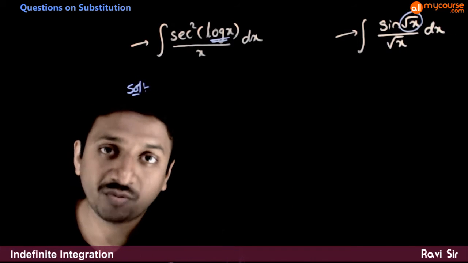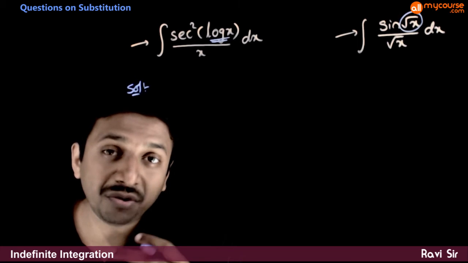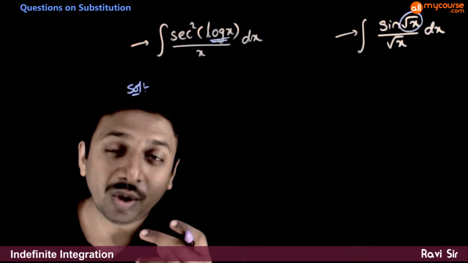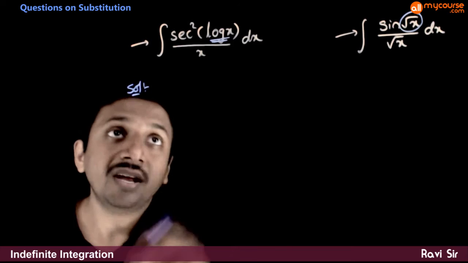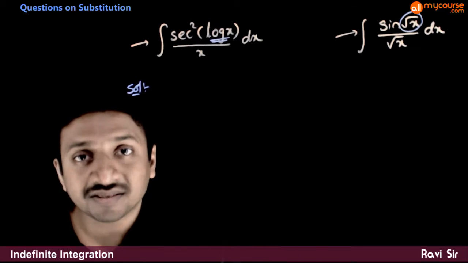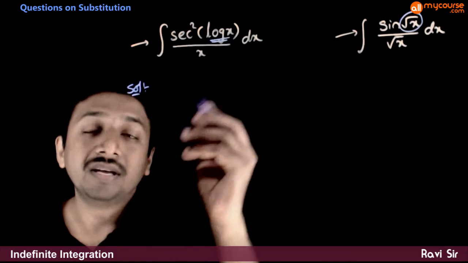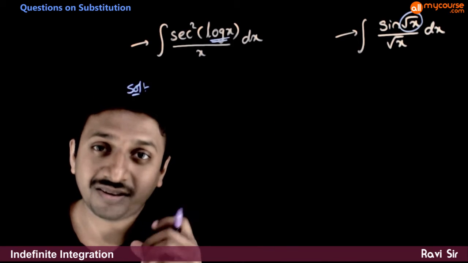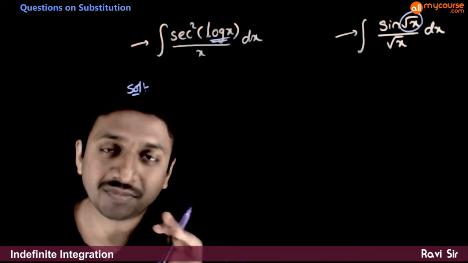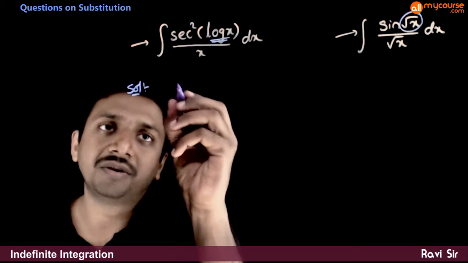So substitution method works. Whenever you look at substitution, you need to look for differentials. Log x's differentiation is 1 by x. The root x's differentiation is 1 by 2 root x. The constants can be adjusted. Some sort of function should be there. So here let